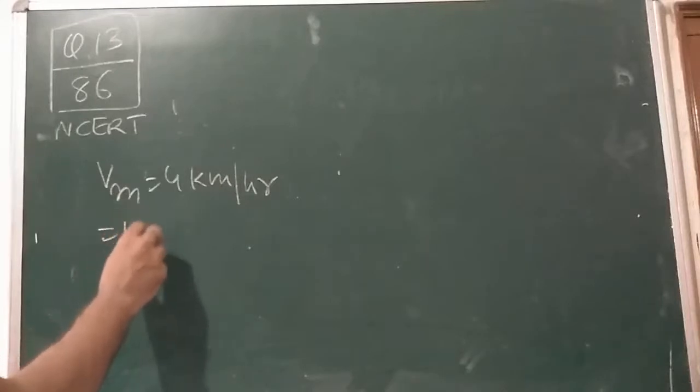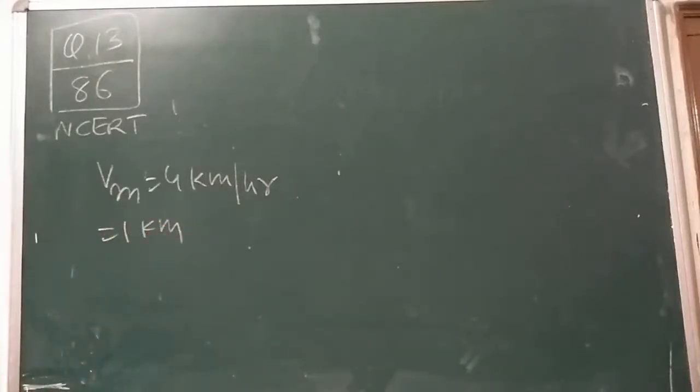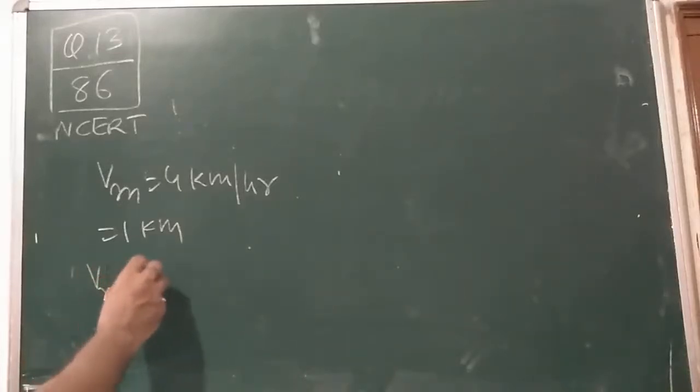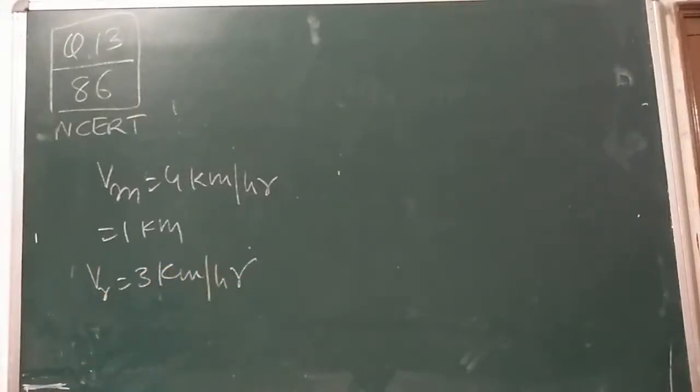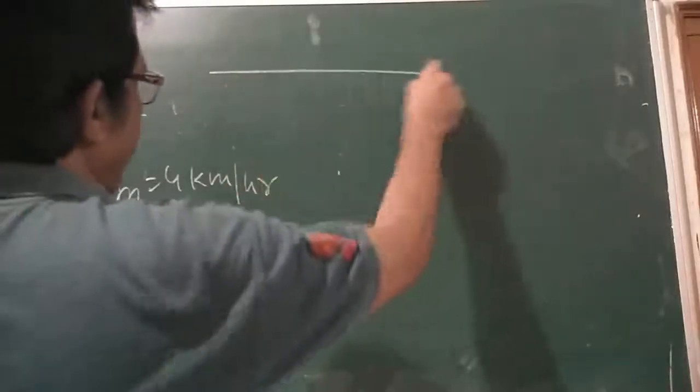Say the river here is 1 km wide. If the river flows steadily at a speed of 3 km per hour, and he makes his strokes normal to the river current, how far down the river does he go when he reaches the other bank? Here we can draw the diagram.